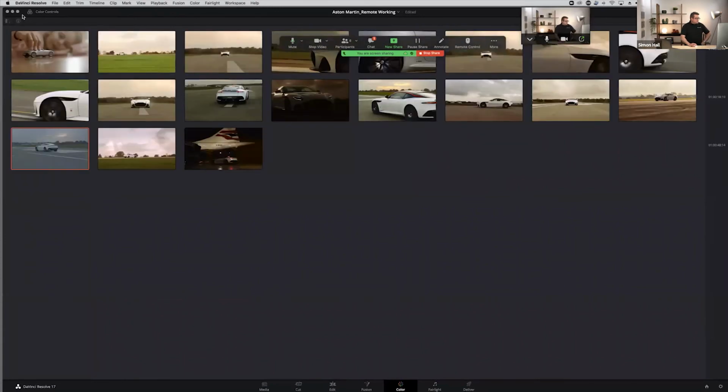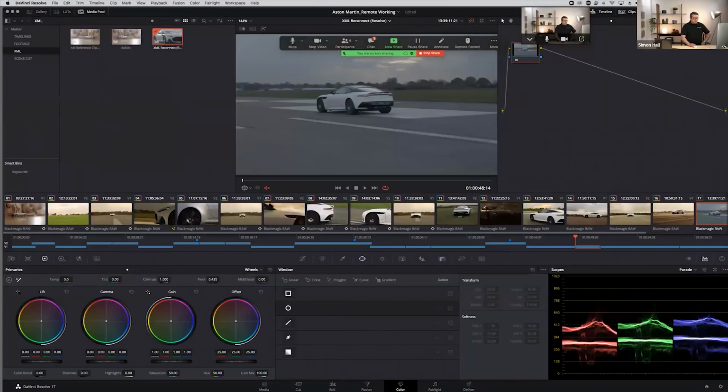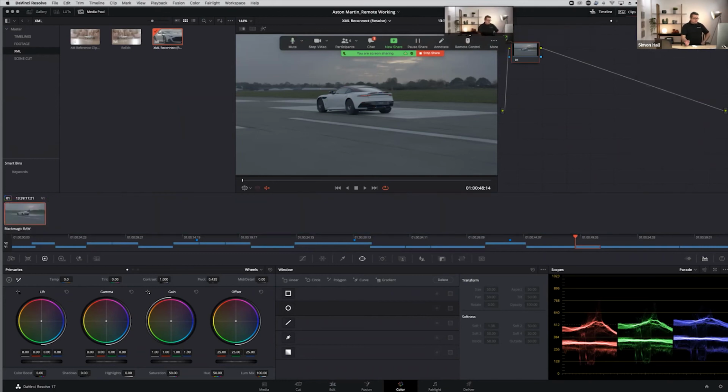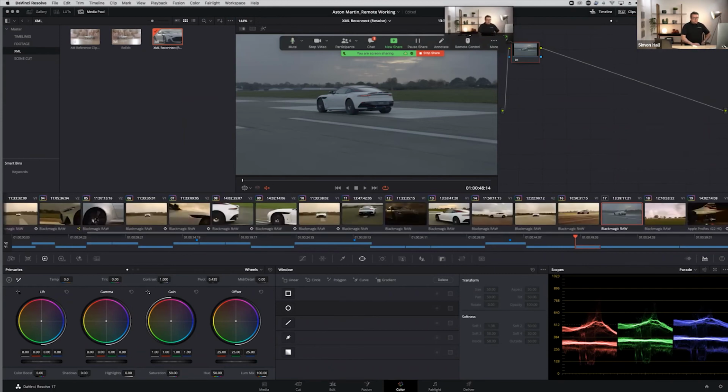And in the light box, you could just say, just show me all the ungraded clips. You can also do this from the clip filters now. So under clips, if you click the down arrow on the clip button, you can say, just show me all the ungraded clips. And then you can go and grade them and then say, well, show me all clips again. So again, there's mechanisms, so if you've got a really long timeline, you don't have to be searching through absolutely everything